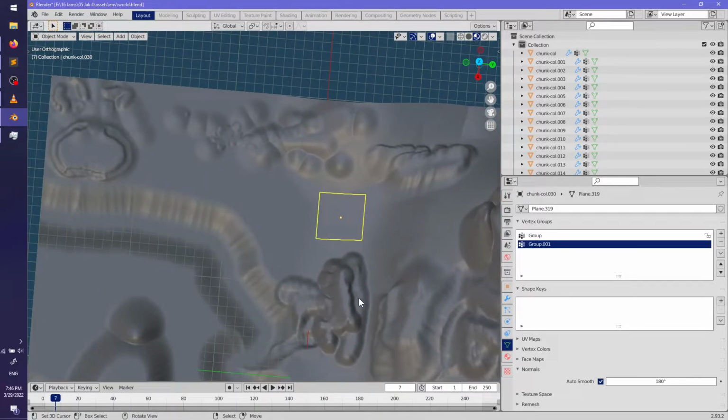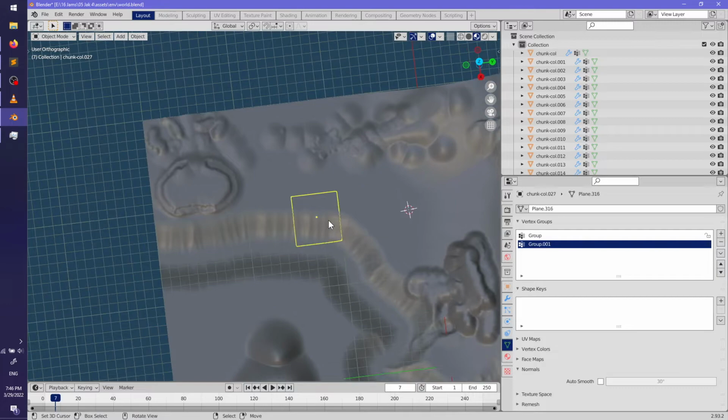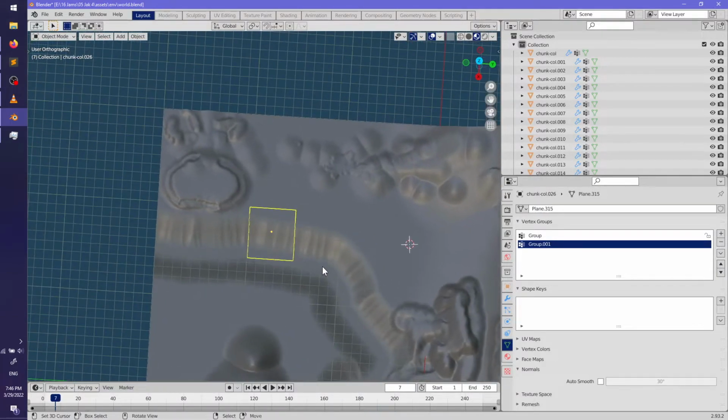Actually, I'm gonna whip out my tablet. I think that would improve this. It's not gonna improve it actually. Well, no, it might. What the. Oh my god. How does that not. Okay. How does it not. Just set it to 180. Why does the mouse go faster than the tablet?